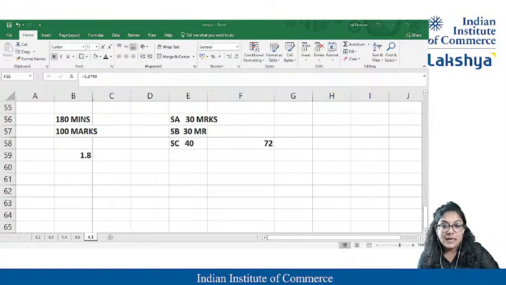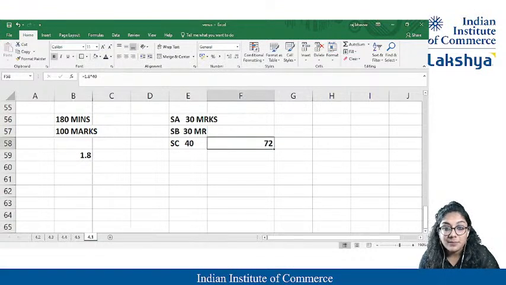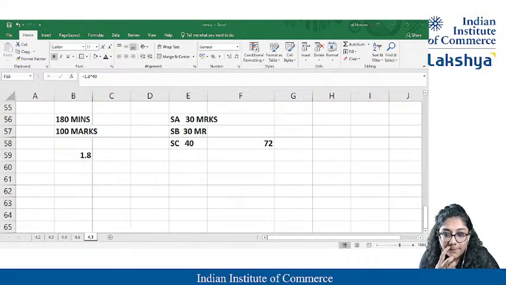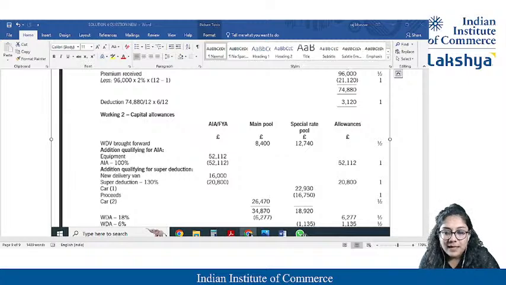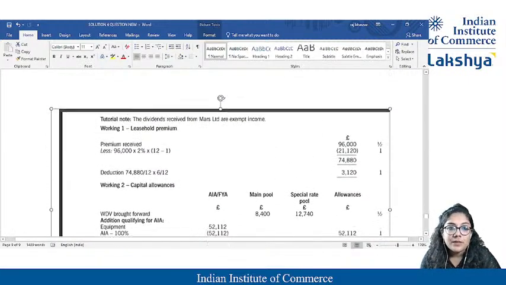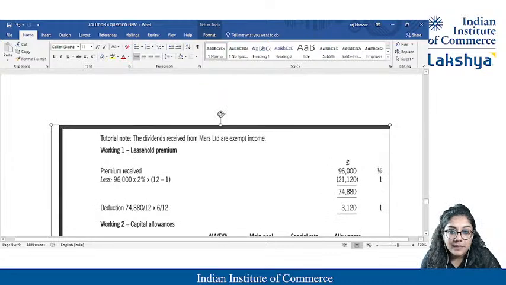Students, do you want to see how they give the markings? I'll open the solution and show you. Just let me open it now. Are you able to see this? Students, if you can check, I'll make it bigger.